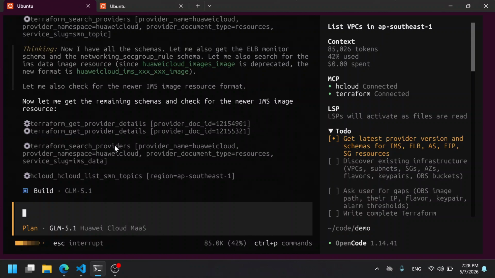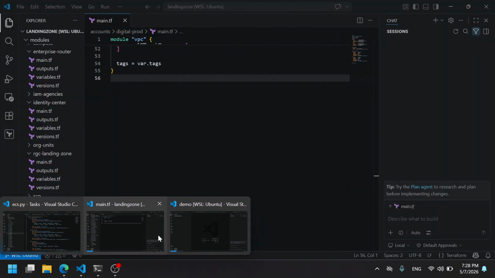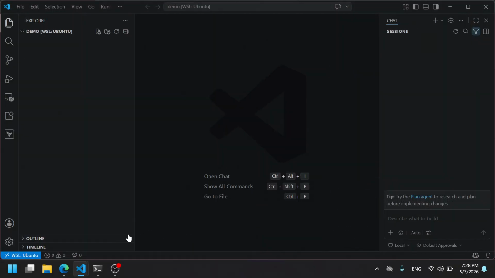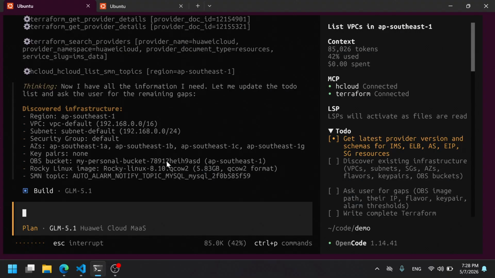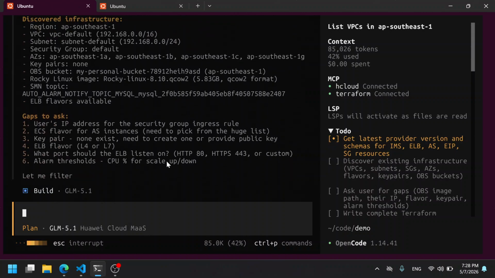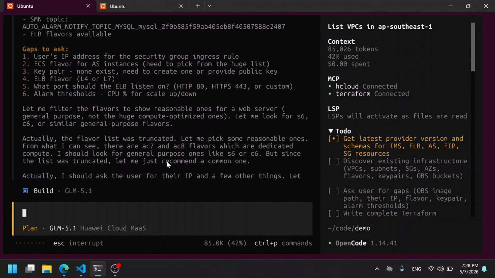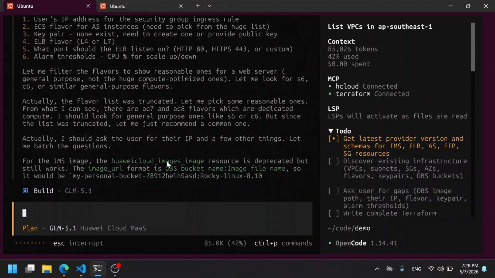Okay, he said, I found your Rocky Linux image. Here's what I got. He found that my Rocky Linux, perfect. In my default VPC, my default subnet, he found the AZ is available, probably using hcloud, and he's going to ask me now. So let's go. My public image, I'm going to say auto detected for me. Go for this flavor,